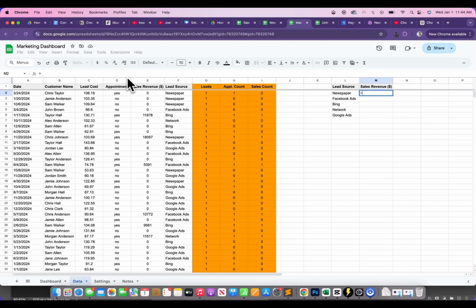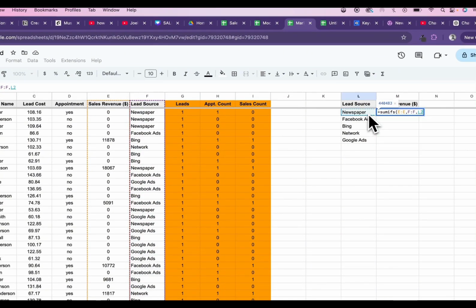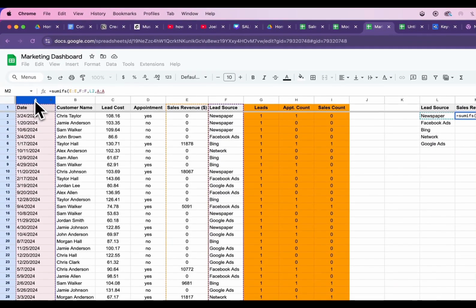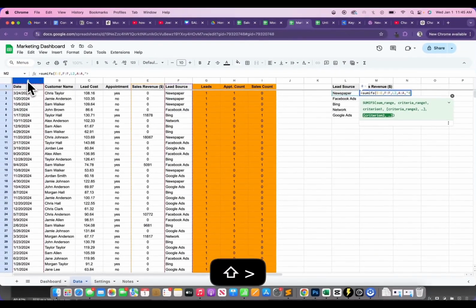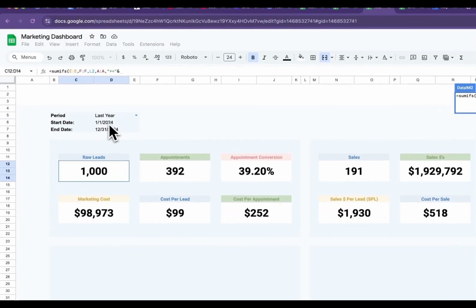So what we're going to do is type equals sumifs, and we want to sum sales revenue if the lead source here matches this lead source and the date here is greater than or equal to the date selector here